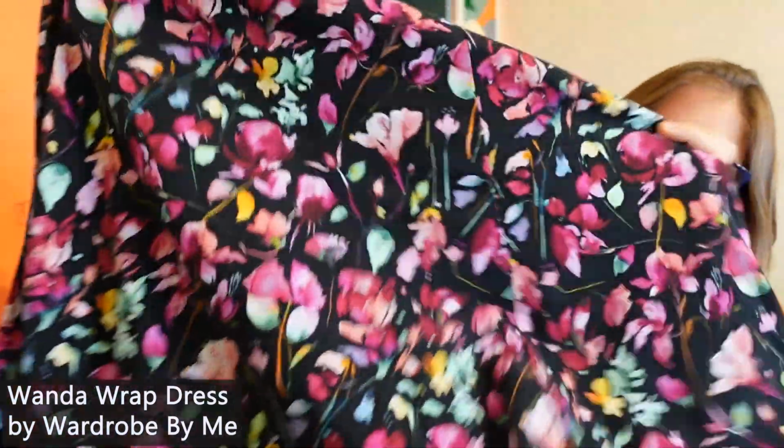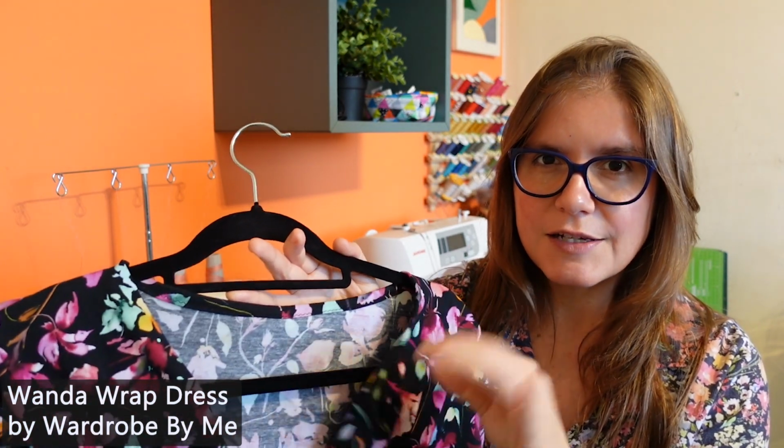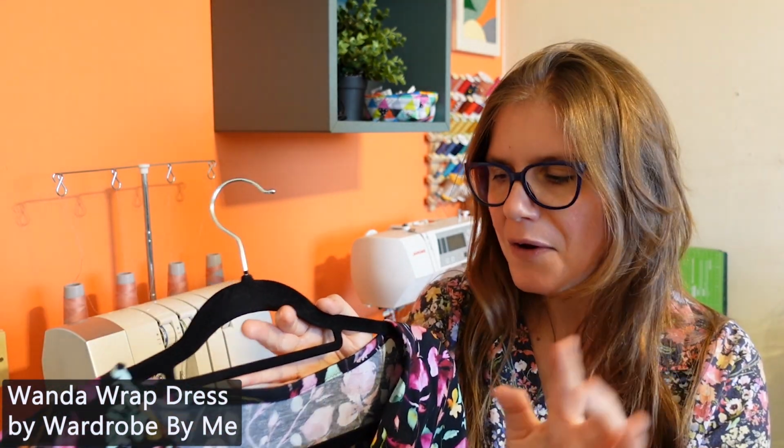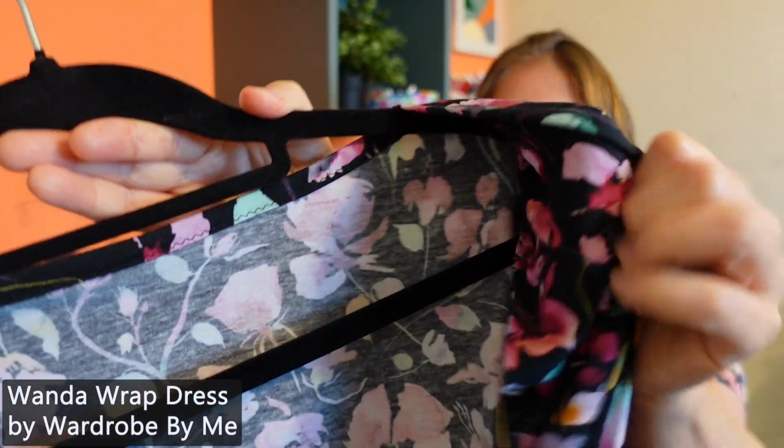So it has a big full 6-gored skirt, a really nice big swoosh factor on the bottom, but the top itself is a wrap, so there's a hole for the tie to go through so you can cinch it and make it as tight or as loose as you want to, which I like. I also thought that it was a fully lined bodice. Again, I was wrong. There is a facing on the back here, and it's kind of like a front facing,